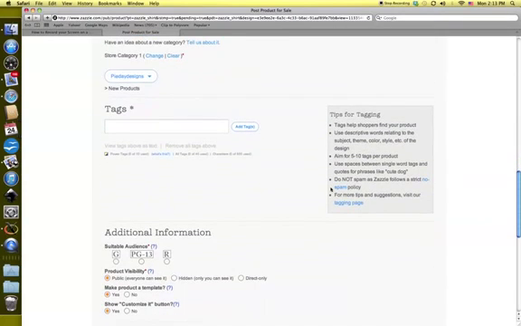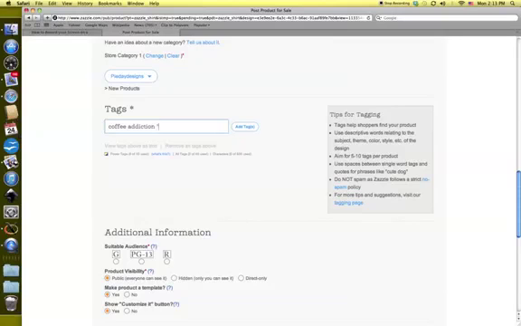Right, down here we have tags. This is what Zazzle used to help find your product in the store. So you're allowed 10 tags. Well, actually, you're allowed a lot more than 10, but Zazzle allow you to have 10 power tags, which are the ones they use to identify your product in the store. So you should use 10. Coffee and